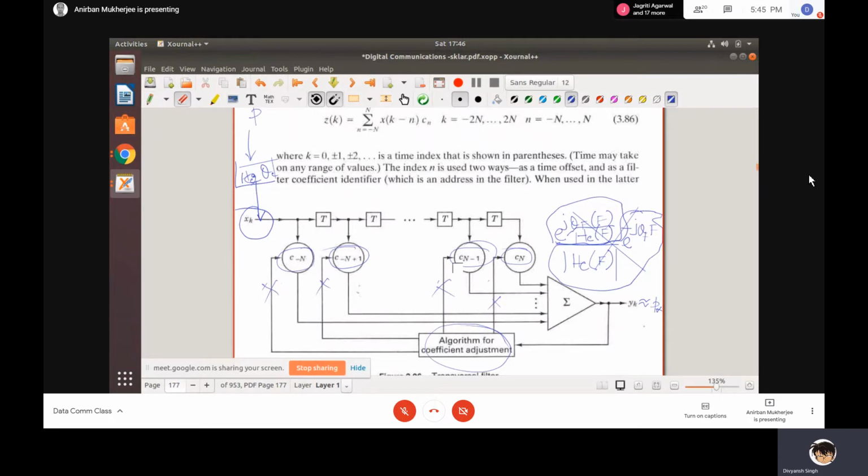So in a sense, this C minus n to Cn, with this you are doing the inverse modeling of the channel. Okay. Now let us come to